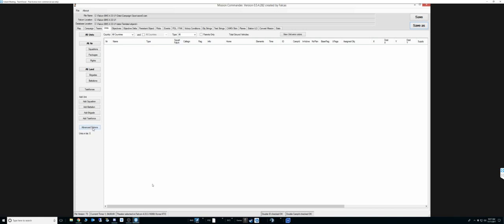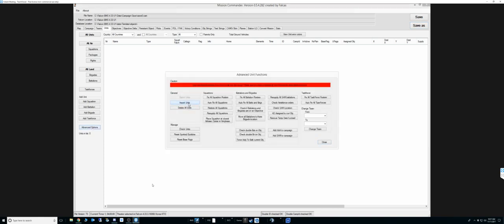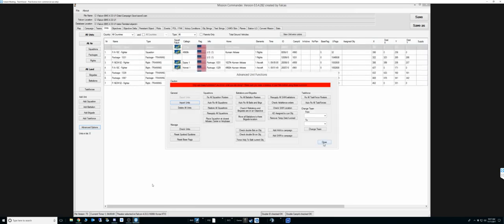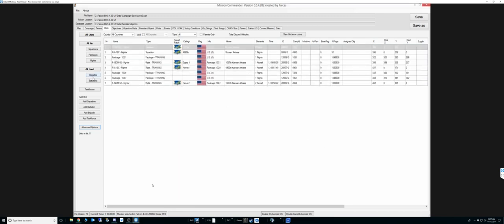I'm not going to save this, but what we can do is then import that test units from a TE, and now that TE is in the campaign engine, right? You've built it in the TE editor, and now we've saved those units, and we've imported them into the campaign engine. So if you have stuff that you like to build in the TE, then you can simply bring it in here, and then you can save it,